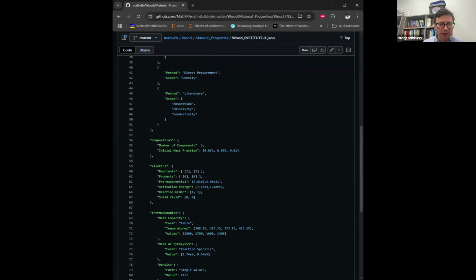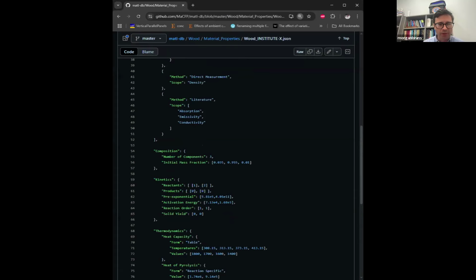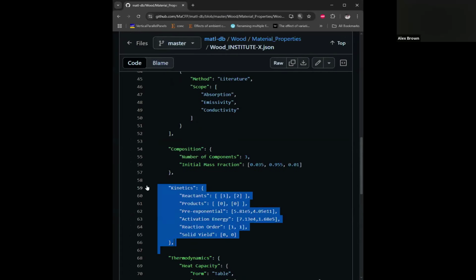Isaac has highlighted our current way of expressing the kinetics, and the one he's showing has two reactions. It expresses the reaction order for each, the pre-exponential and activation energies for both reactions, and other information about the mass fractions.